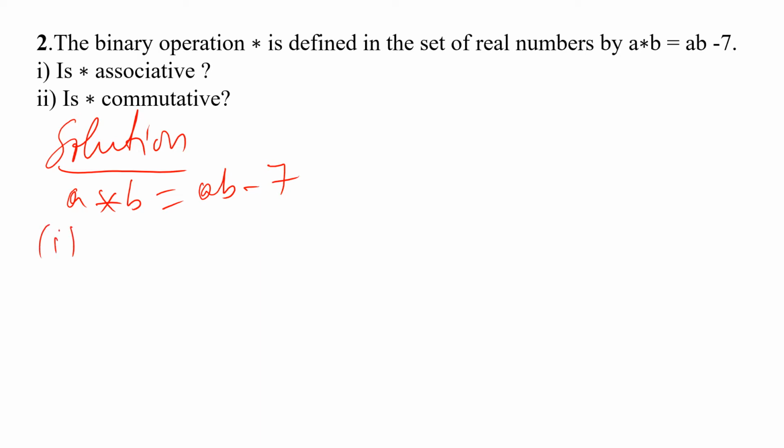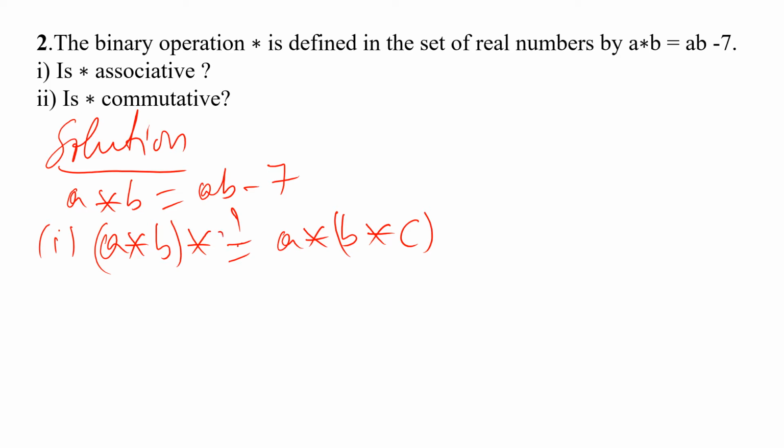Then question 1, is star associative? Now we need 3 elements, like (a star b) star c. Is it equal to a star (b star c)? Now we're going to check (a star b) star c. Is it equal to a star (b star c)? Here we have 1 and here we have 2. Only 1, just (a star b) star c